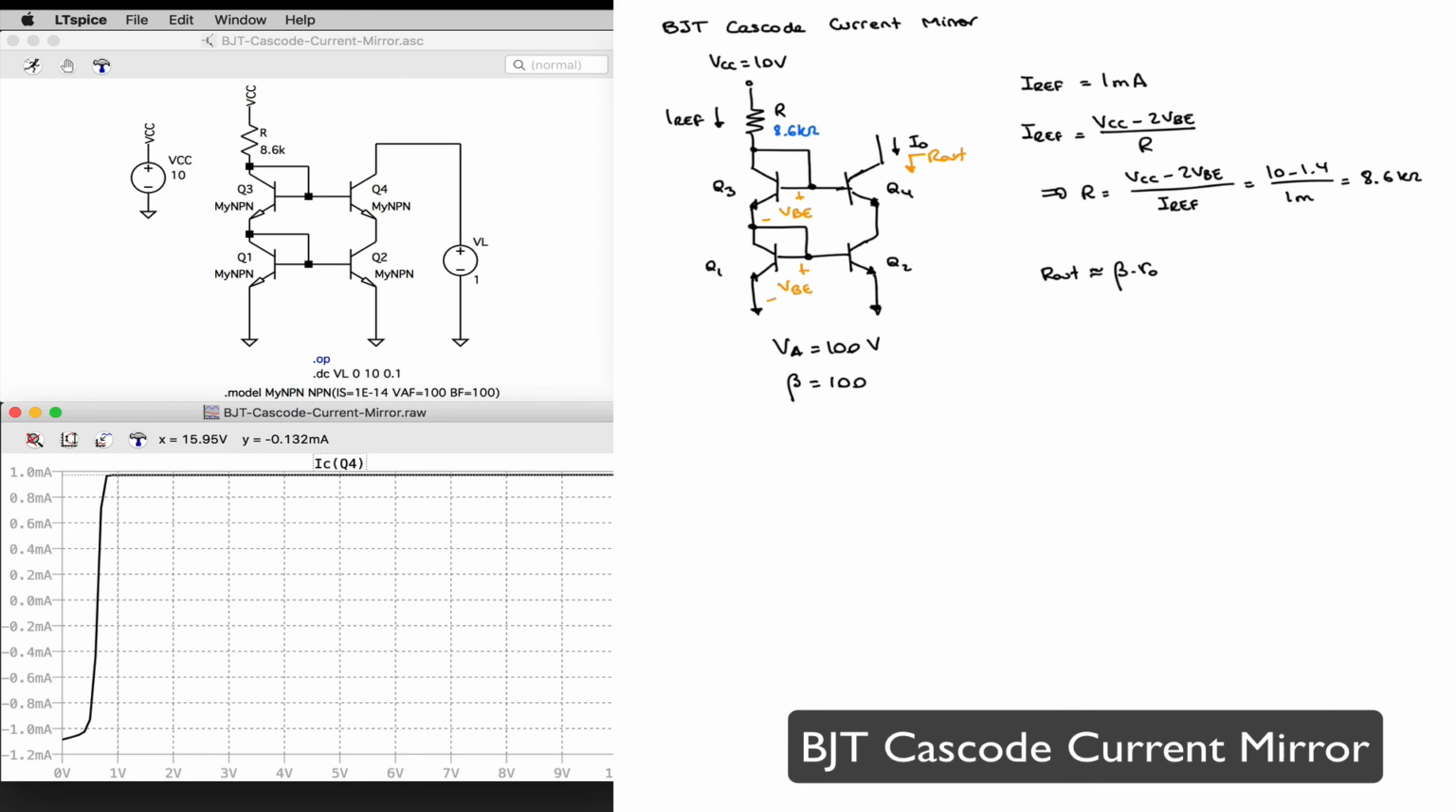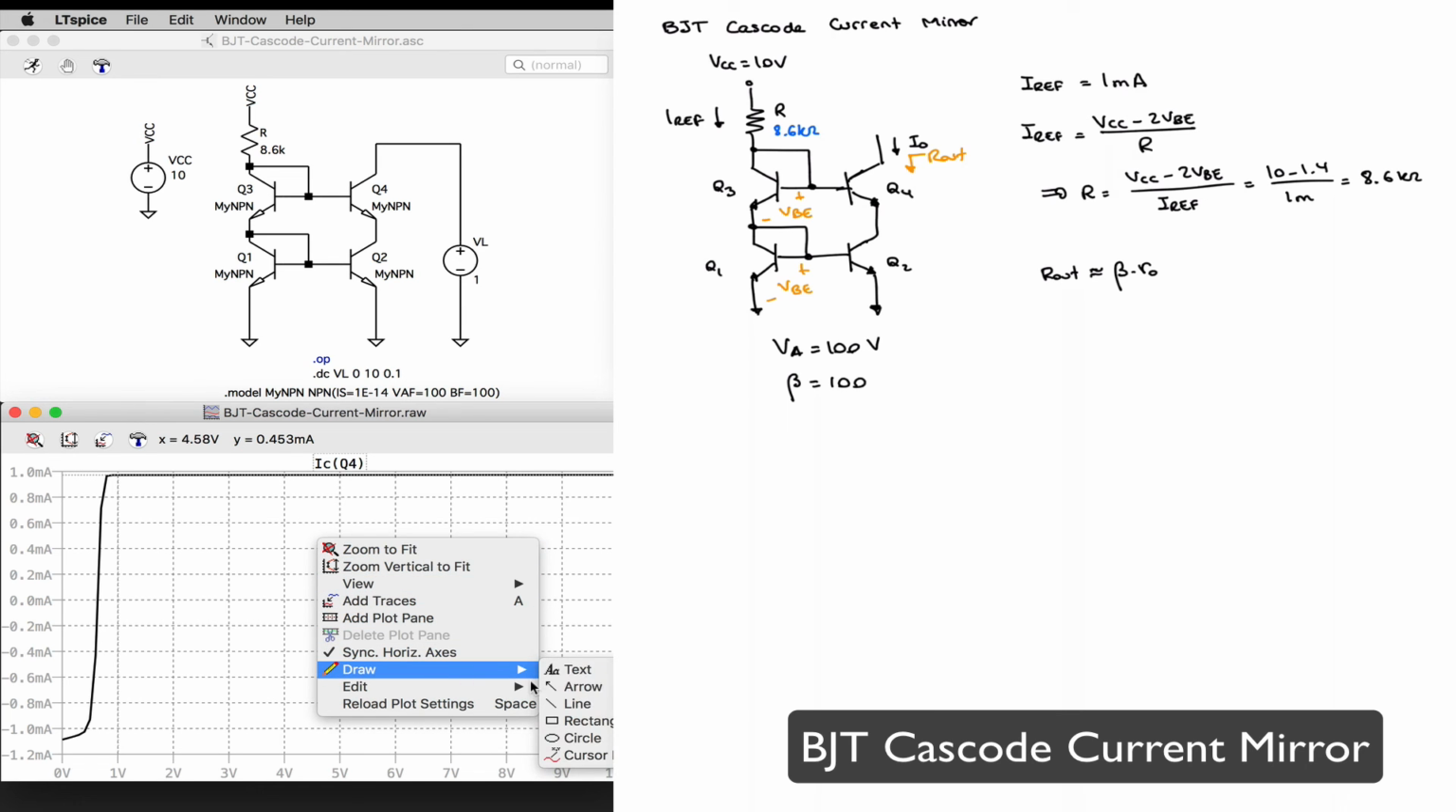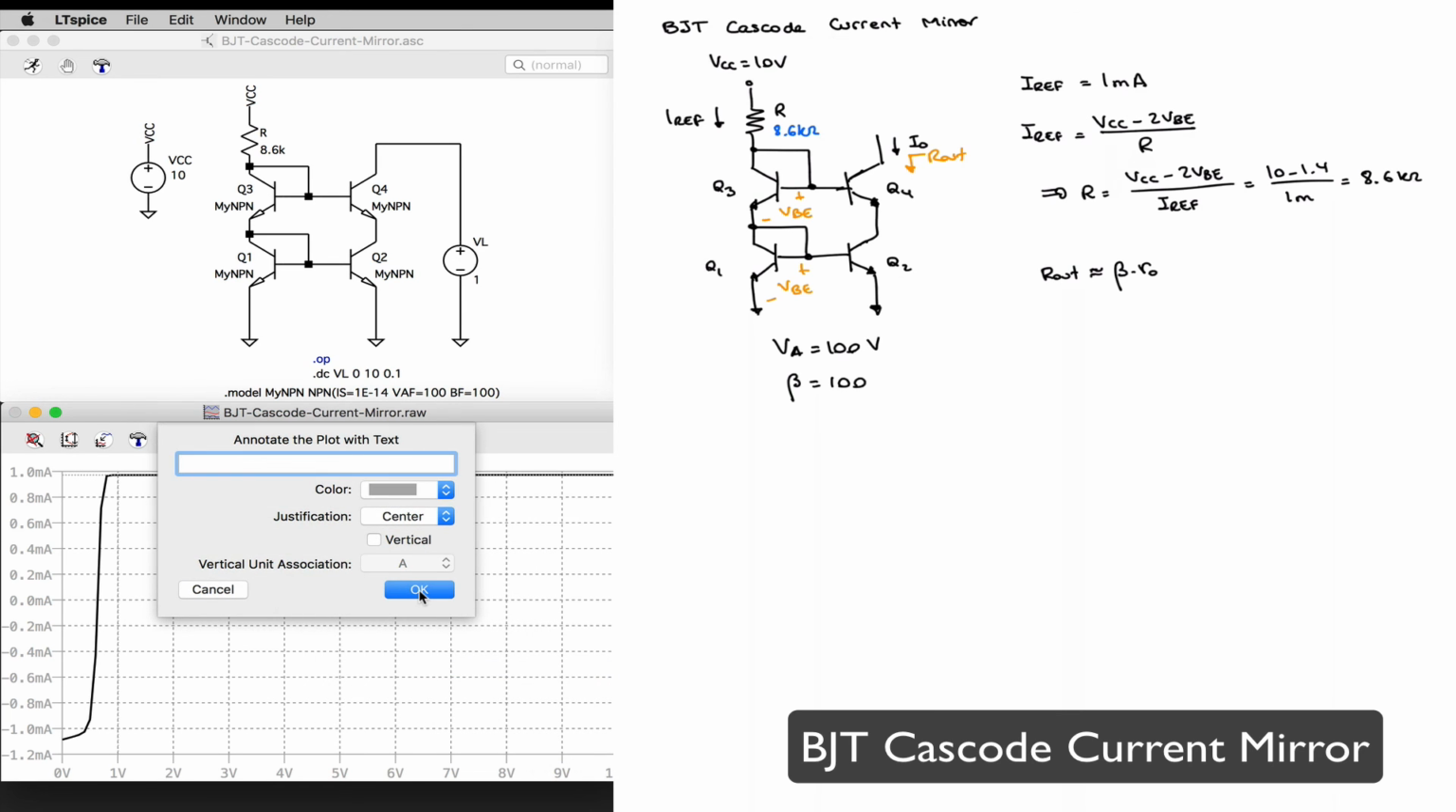And that's my slope, and 1 over that is my output resistance. So R out equals 1 over the slope, or 1 over 1.77 e to the minus 7. And I get close to 5.8 mega ohms,